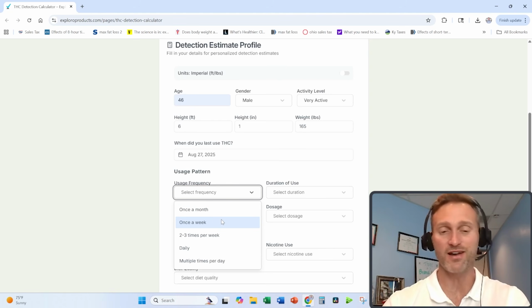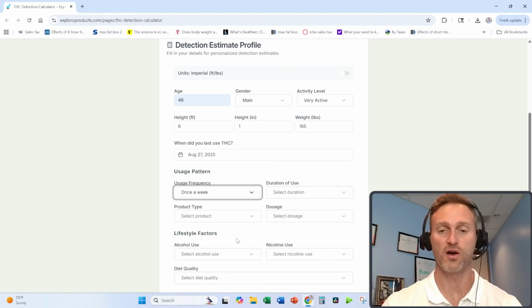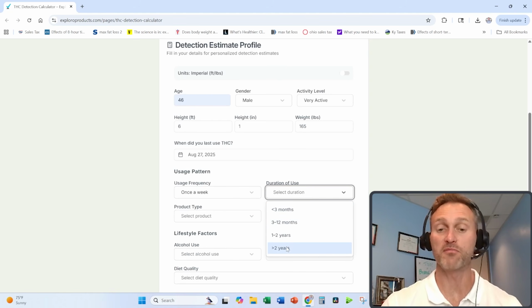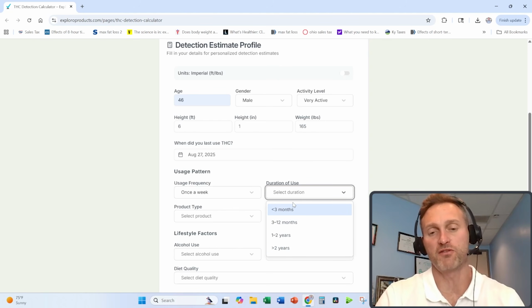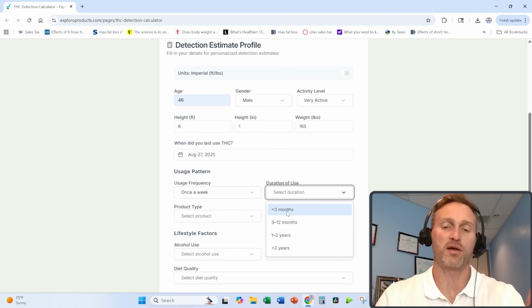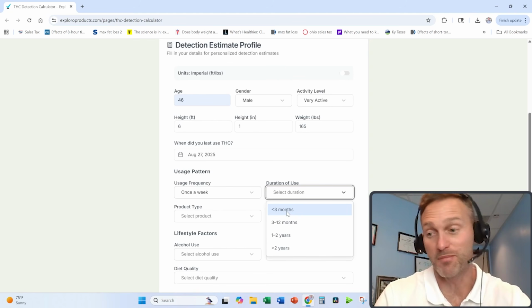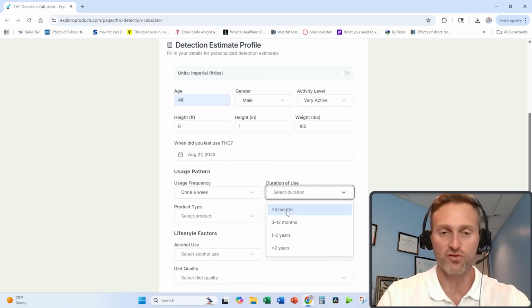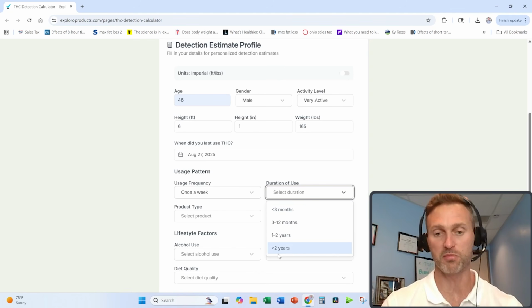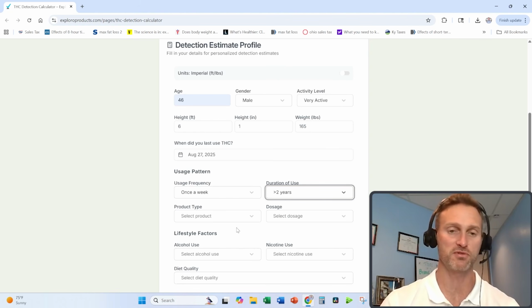Let's say I was not a very heavy user, maybe once a week. But I've been using once a week for many years, and that's going to be most people anyway. It'd be unfair for me to pick an example where somebody just picks it up and now they've got a drug test coming up. If you use THC marijuana, it's probable that you've used it for an extended period of time. So I'm going to keep 2 years here for both examples, but this person is a light user,